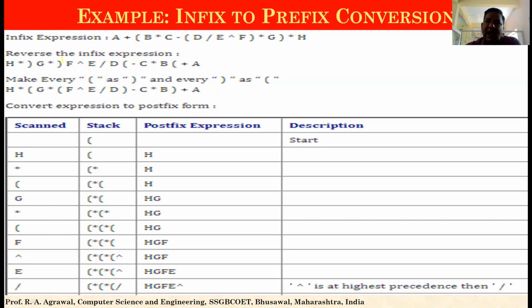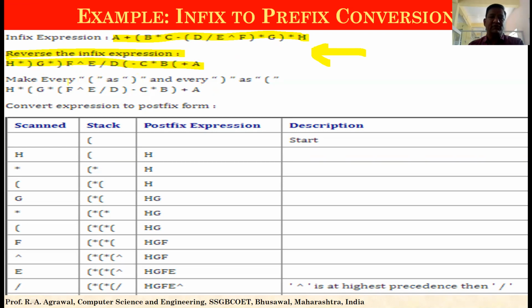Step number 1 is to add an opening bracket and a closing bracket. You can do it either before or after reversing the expression, but better we do it in the beginning itself. So the first thing to be done is reversing the given infix expression. This can be done by writing it from the right-hand side moving towards the left-hand side in this order. Whatever you encounter, you just start writing it. So this is step number 1, reversing your infix expression.